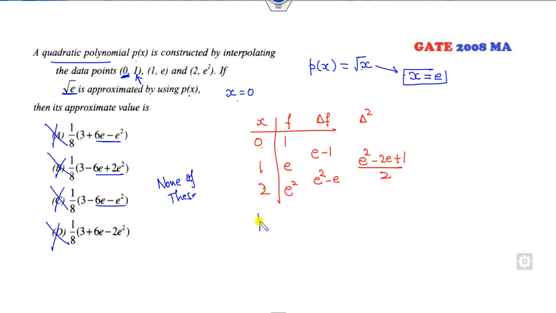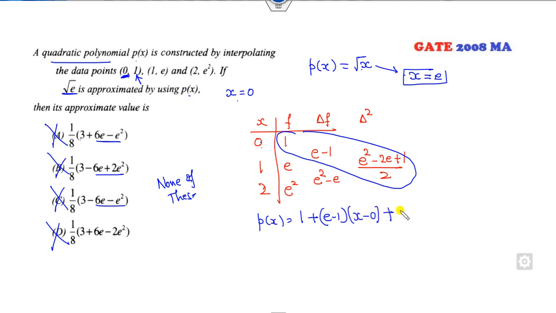So what is my polynomial? I can take this as the first line. The first number is 1, then e minus 1 times the first number, plus I can write this as e minus 1 whole square over 2 of the first two pairs, x minus 0 and x minus 1. Now it clearly says that it is not, because 1 by 8 is not able to solve this. So this is the right answer of this problem, but none of these is the correct option.